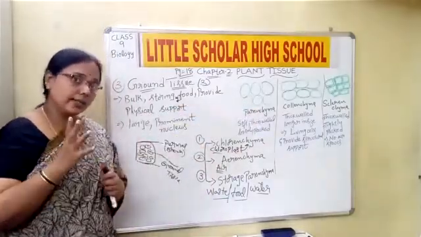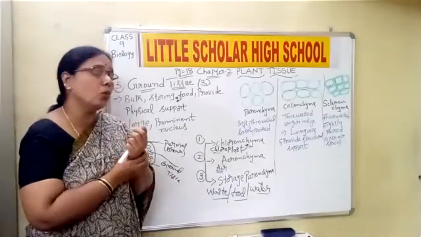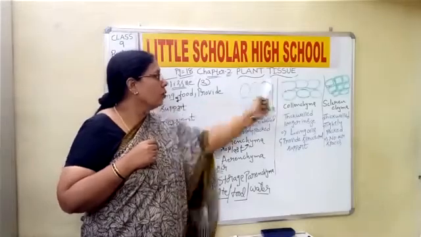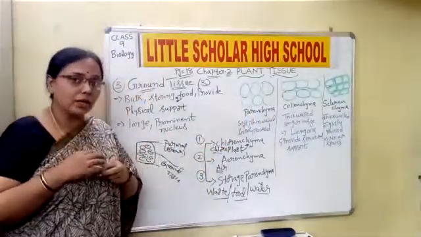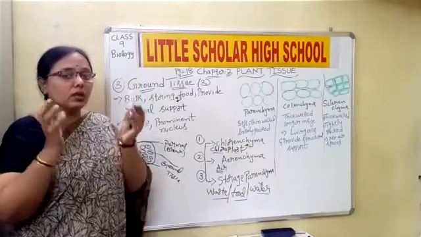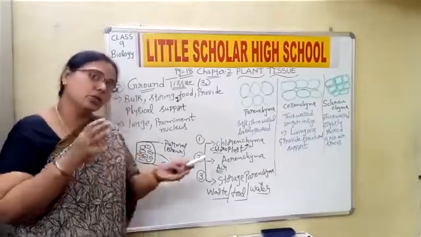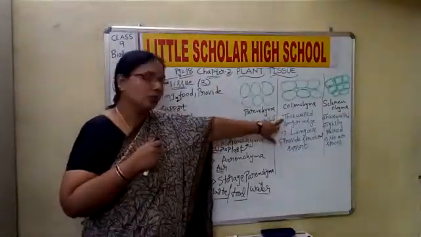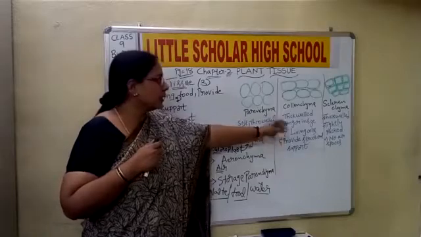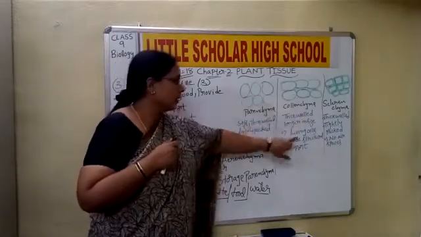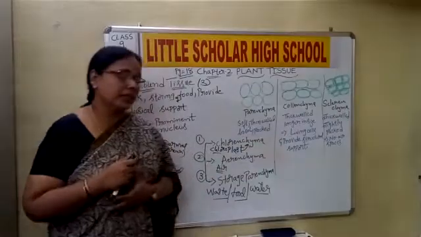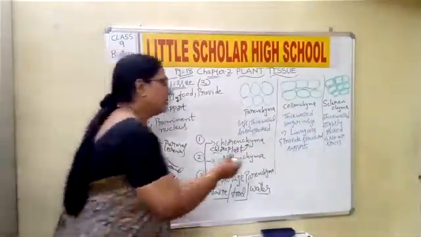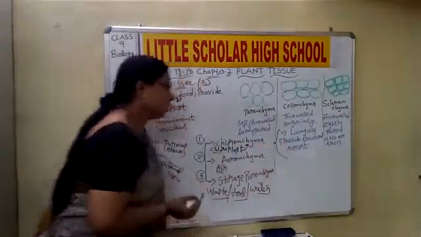How are these collenchyma tissues? These are a little thick walled, children. The collenchyma cells are a little thick walled compared to the parenchyma. And what is the nature of the tissues here? They are thick walled, they are longer in size, and they are living cells, and they provide structural support.